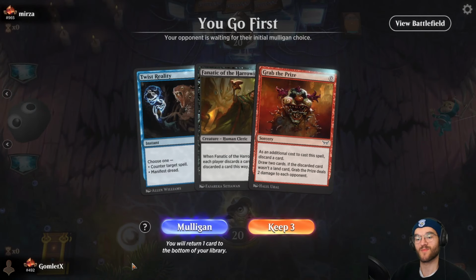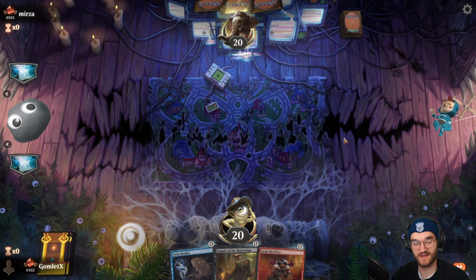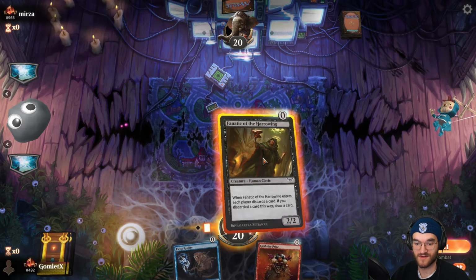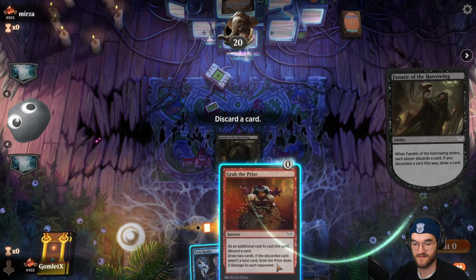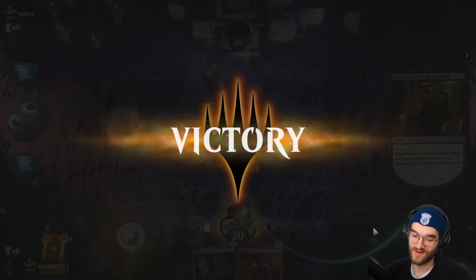All right, here we are on the play with a counterspell and a Grab the Prize. And there's a Fanatic as well, especially if they mulligan. That's kind of interesting. If they mulled a 1, we just Fanatic, hold up Twist Reality. I don't know, the draw 2 could be big, but alright, they're over it. I was going to say, just make them discard their 1 card in hand and then